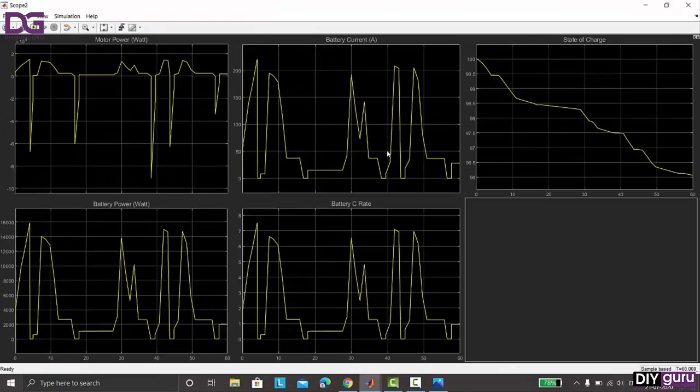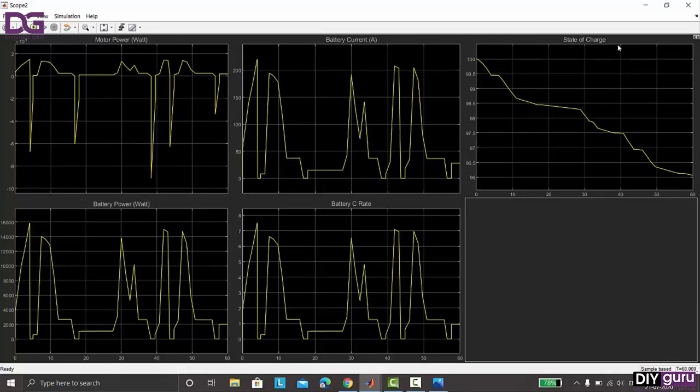So this is what we have seen: the battery current required is around 200 amperes. The battery power is 16 kilowatts. The motor power consumption is around 16 kilowatts. But here we can see the negative values. These negative values can be used for regeneration, but as we are not using the regeneration model